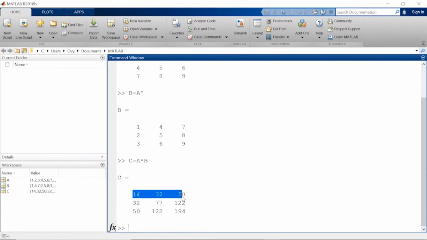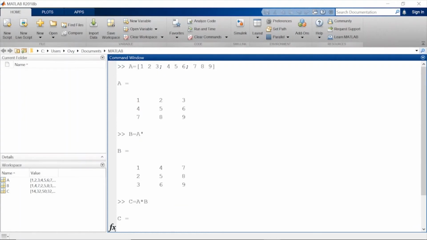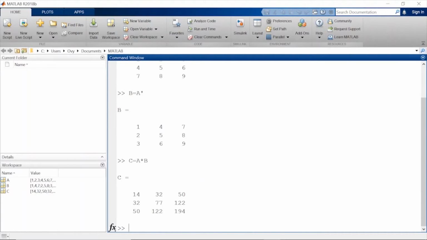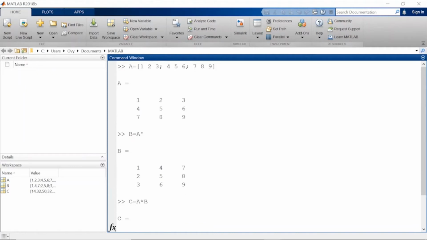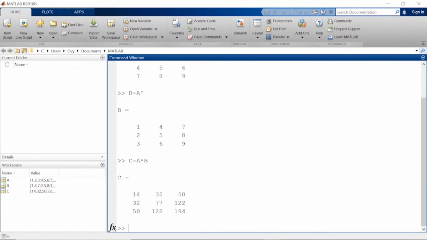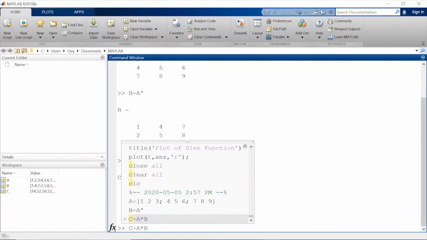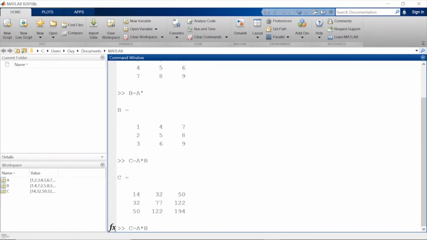Matrix always follows linear algebra, but array doesn't. For example, in this multiplication between A and B, this follows the linear algebra rule. But in the case of arrays, let's say A and B are two arrays and I want to do a multiplication element wise. Like I want to multiply 1 with 1, then 2 with 4, then 3 with 7. So in that case, what we should do is c equals a into b, just put a dot before the multiplication sign